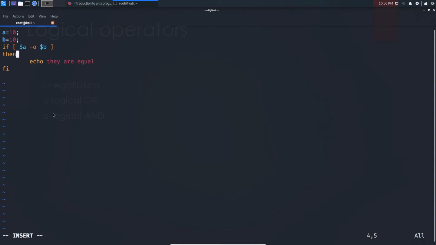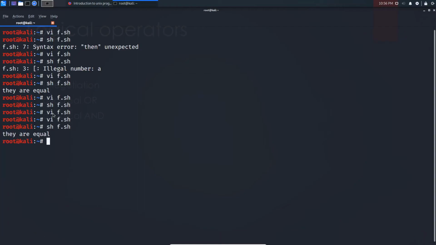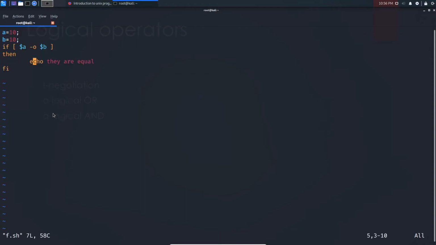Let me check what output we get. We got the output as equal, because in the logical OR operation, if any one input is 1, the output will also be 1. So the condition is evaluated as 1. This is true, so our condition got executed.